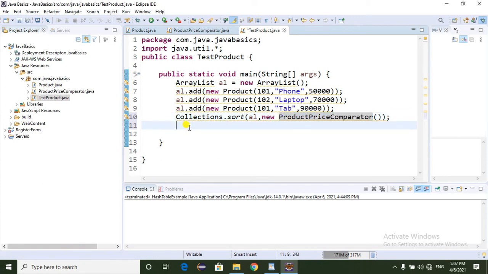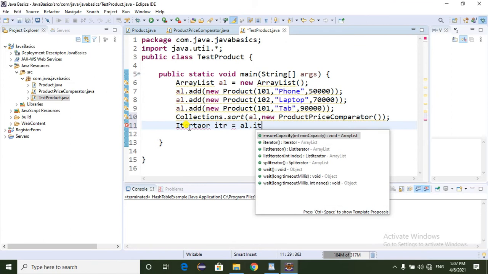Now I'm going to create the iterator: itr equal to, I want to iterate the data.